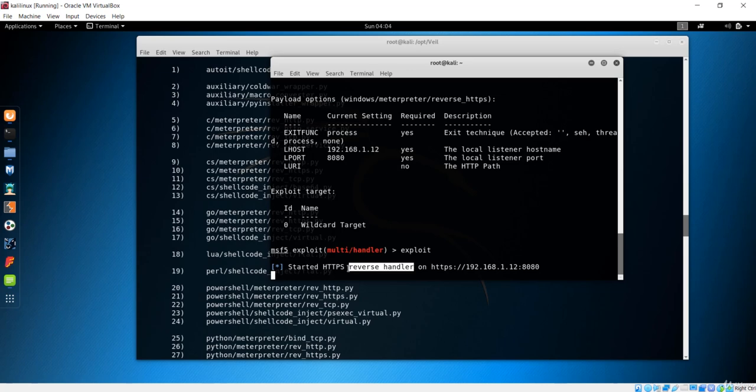In the next lecture we'll make a simple delivery technique, which will get that payload delivered to the client, and the client will download it and execute it.